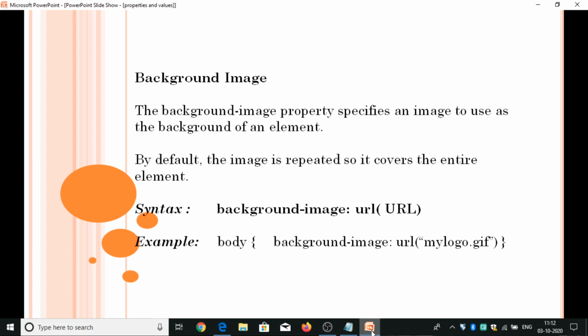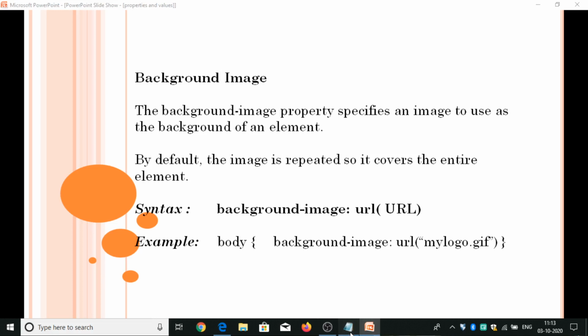By default, the image is repeated, so it covers the entire element. Background image, URL, URL name. Here in this example, for background image URL, I have taken mylogo.gif.